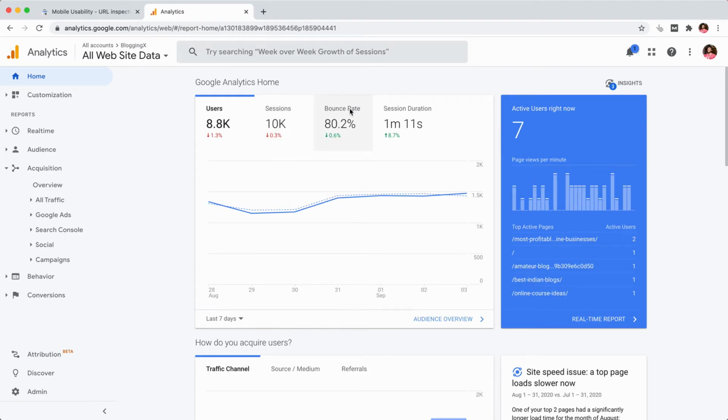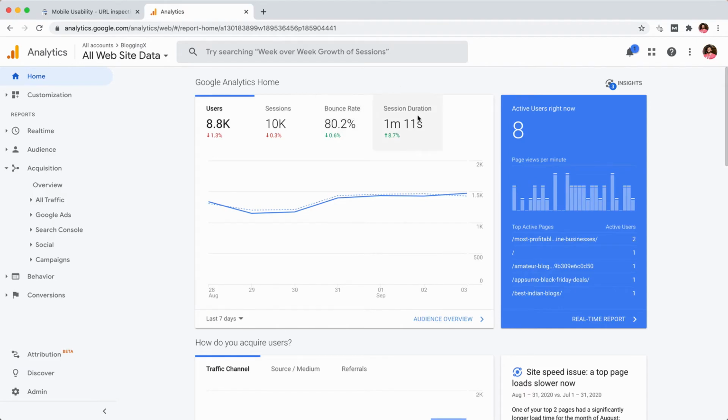Bounce rate means what percentage of people are visiting my site and just exiting by visiting one page. So as you can see, out of 100 people, 80 people who visit my site just visit one page and just exit my site, right? So 80% is decent enough. Don't have it like 95%. At least 20% of your people need to be visiting more than one page on your site.